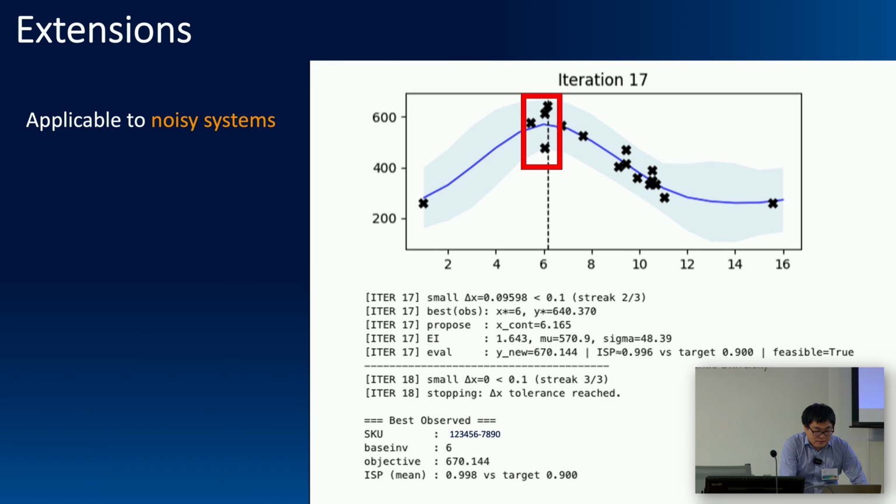Some extensions. This is near the end, also the exciting part, when we really apply it to the simulation-based optimization in supply chain. So it can apply to noisy systems, because in a supply chain simulation, simulation has randomness, so the same solution can give you different values in different rounds. So fortunately, the Bayesian optimization